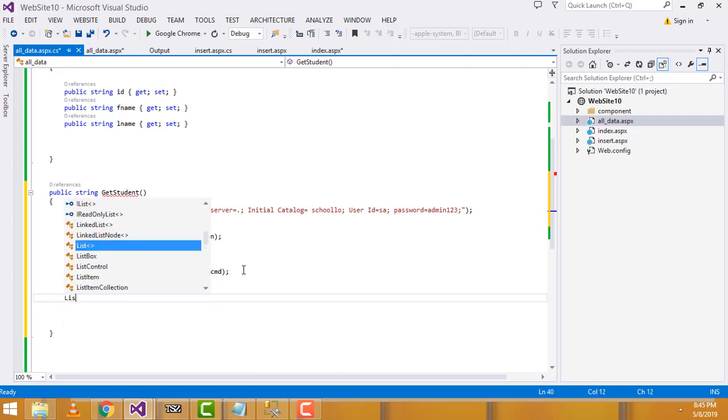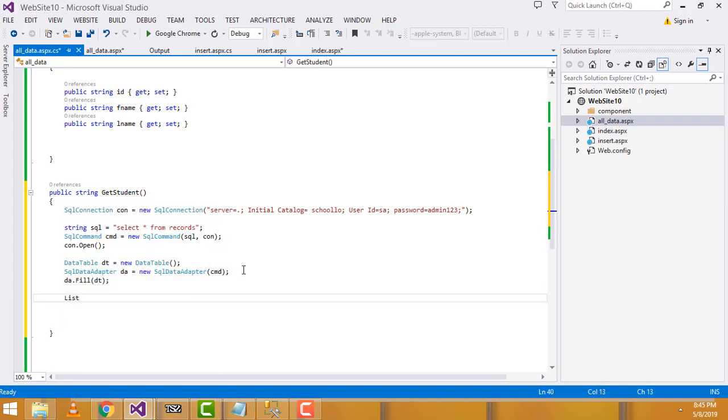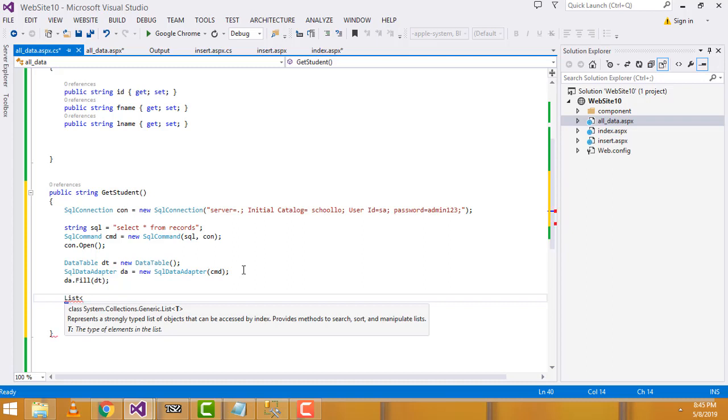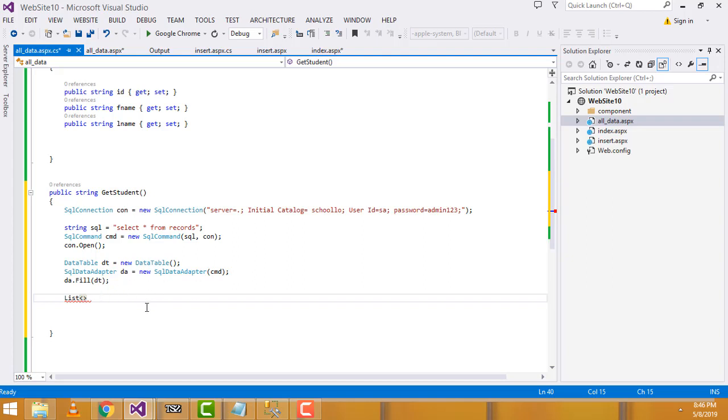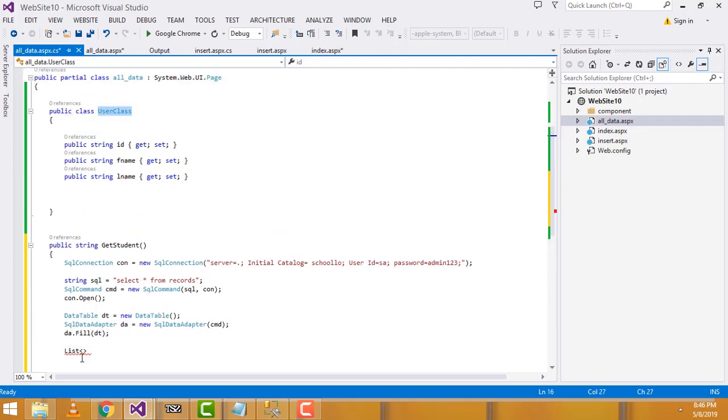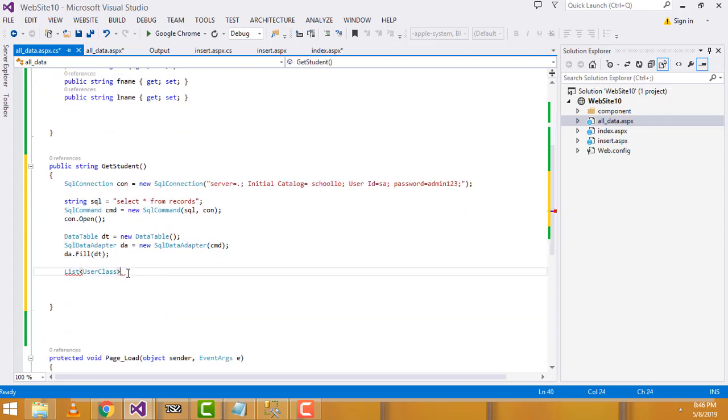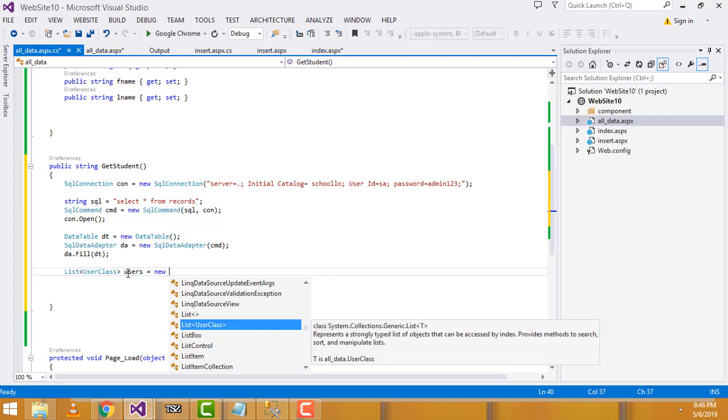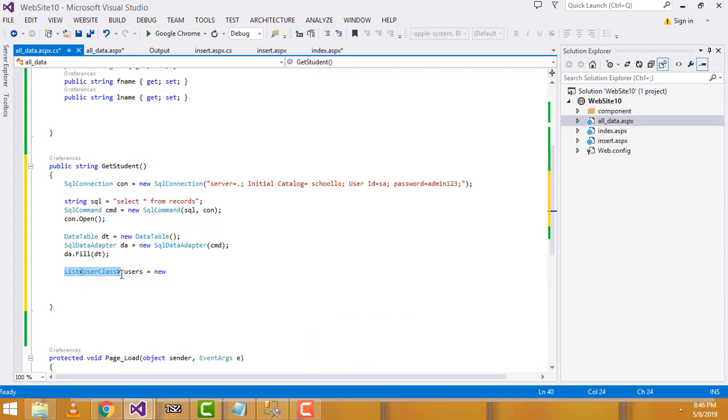After that we have to create the list. To create the list, I am going to use the user class. Control C to copy, Control V to paste here. List of user class, you have to write it as users. Create the object users equals new list of user class, paste it here. Simple. And after that I am going to create this users object